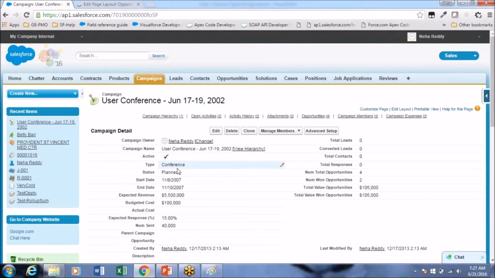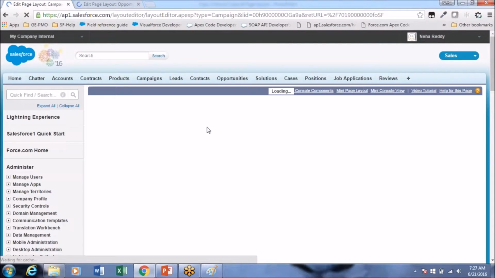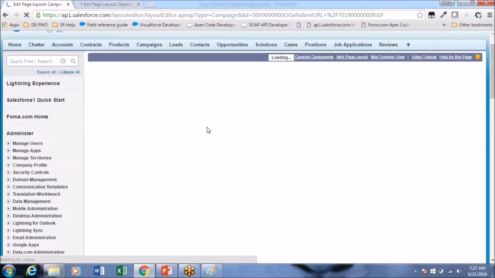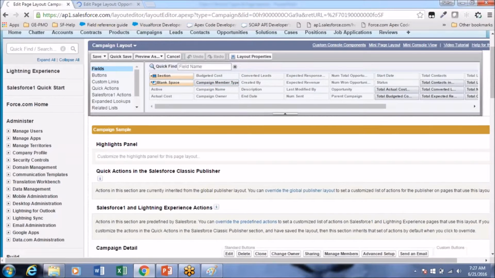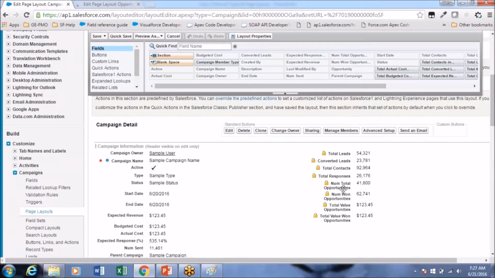We can see this in the campaign here. Campaign detail, I just edit the layout. Now I want to see this number of total opportunities, number of won opportunities.